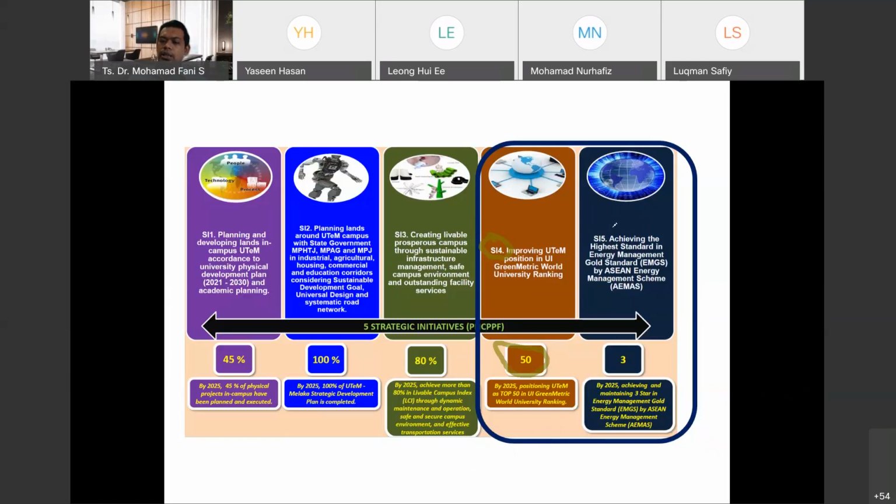And the other part is about the energy sustainable strategy initiative 5: to achieve a 3-star goal standard for the ASEAN Energy Management Scheme by 2025, and to maintain the 3-star until 2025. For the current status, okay,